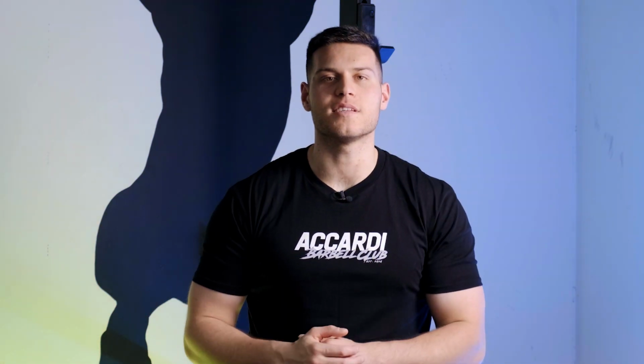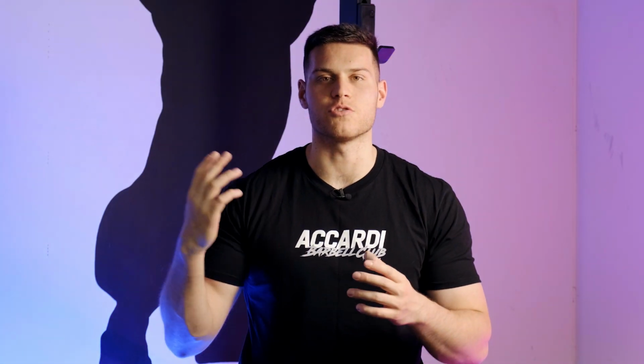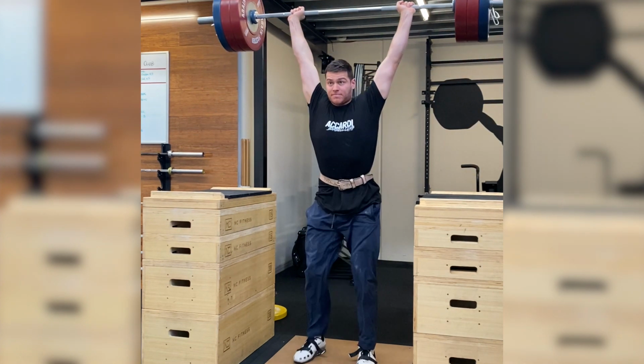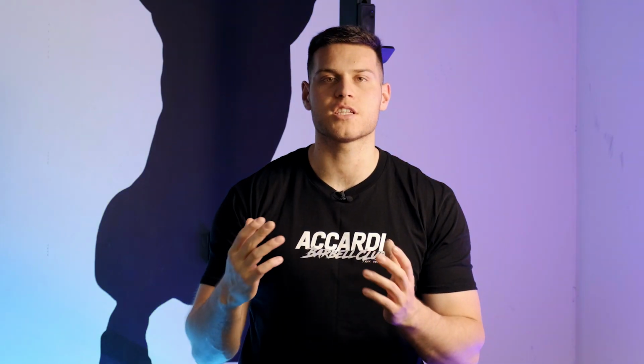The second thing was a series of useful cues, but the main thing that stood out for me was exaggerating the drive in the jerk. I would focus so much on driving hard out of the bottom of the jerk, so in my warm-ups I would control the dip really slowly and then exaggerate how hard I would drive back up. And this made me aware of exactly what I was doing,